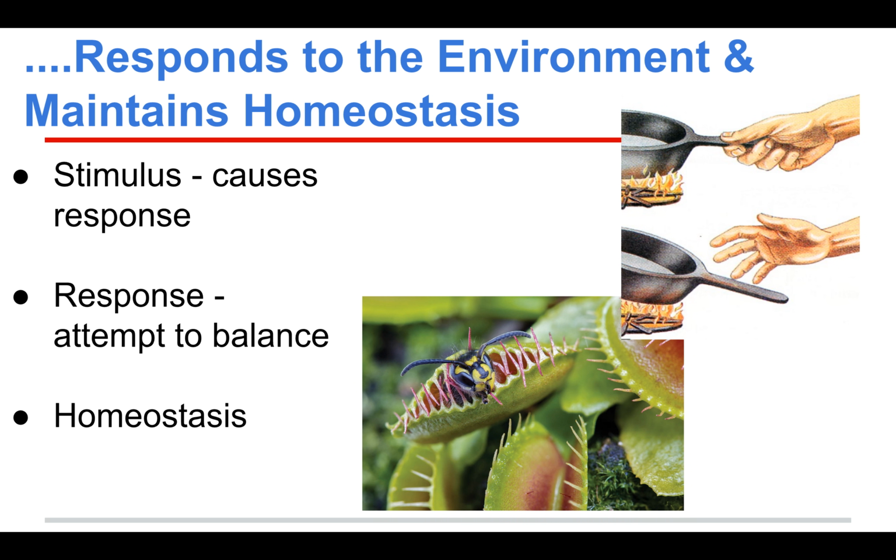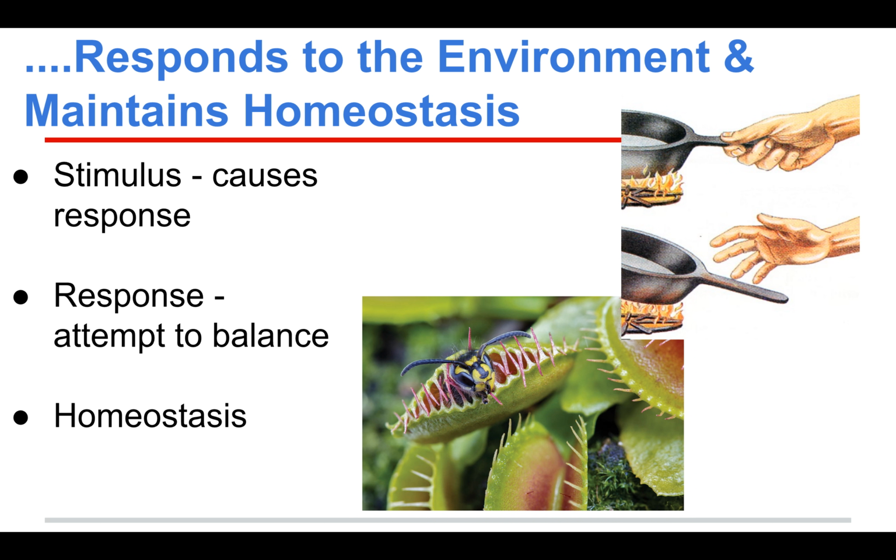Let's look at another example. At the bottom, you see a Venus flytrap, and it has its leaves wrapped around a bee. This bee was walking along that Venus flytrap, and the Venus flytrap closed its leaves. It's trying to maintain a stable internal environment, and it needs energy to continue to live. So it's going to use that bee as energy. It's going to break down its body structures, and it's going to become food